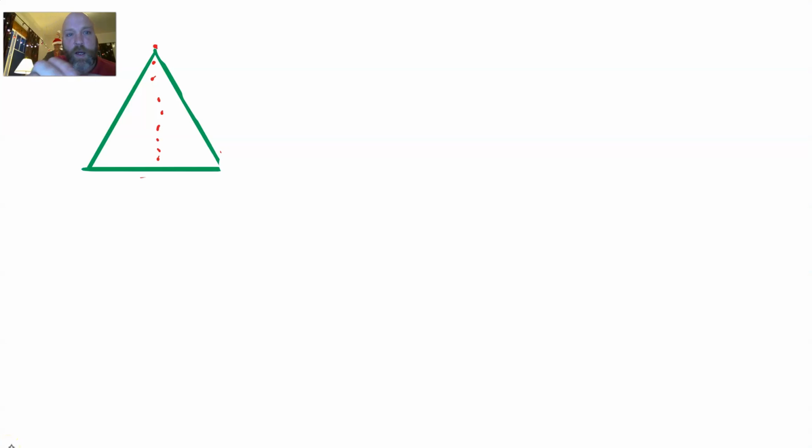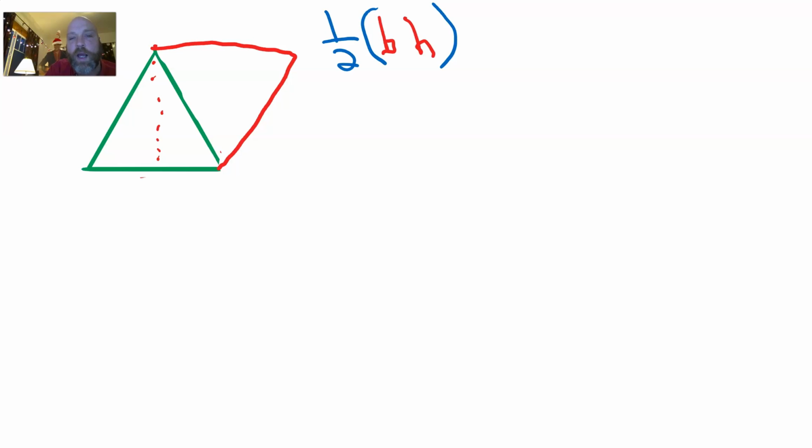So we only have a couple minutes here, so let's talk about the relationship that we probably already remember from 4th and 5th grade, of the area of a triangle, this part here, compared to the area of a parallelogram. Any triangle that I make, I can double it and it'll turn into a parallelogram. Kind of cool, huh? So I know that a parallelogram is just base times height. So to figure out a triangle, I just need 1/2 base times height, or base times height over 2. Same thing. So I know that the base is 9 and the height is